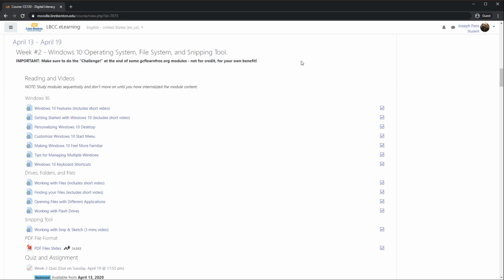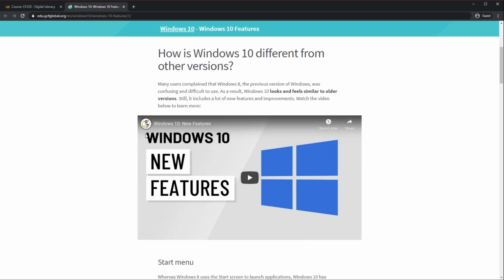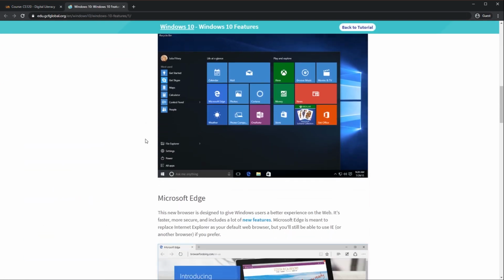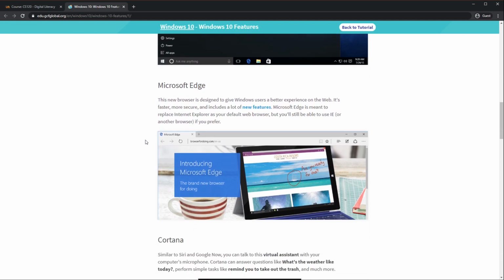This is just going to be a short video highlighting some of the things that have changed in Windows since the time that GCF released the web pages and tutorials that you'll be using for your readings this week. So let's dig in. The first major change, it's touched on in the Windows 10 feature page, has to